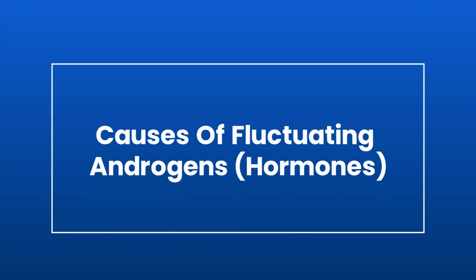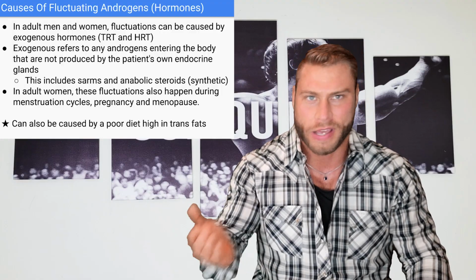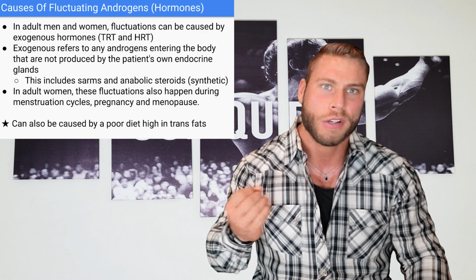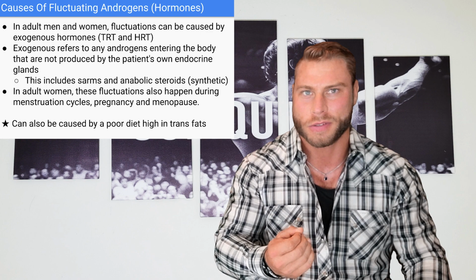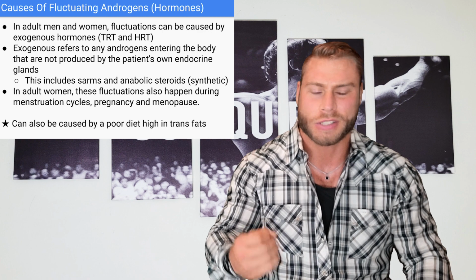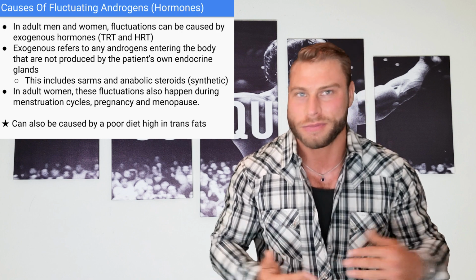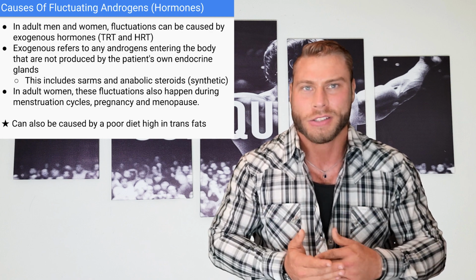So, causes of fluctuating androgens, or hormones. In adult men and women, fluctuations can be caused if they decide to go on hormone replacement therapy. Exogenous hormones are given through therapy, either testosterone replacement therapy or some other kind of replacement. This refers to any androgens that enter the body from outside the body that was not produced by the body's own endocrine glands. So this does include the SARMs that I've experimented with, and anyone who's on anabolic steroids, which